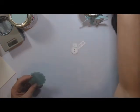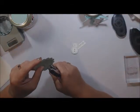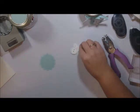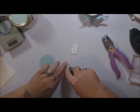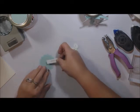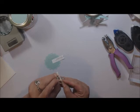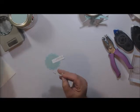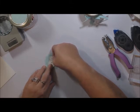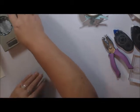And I'm going to bring in my 1/8 punch, and I'm just going to poke a hole in the top of my tag. Add some Snail just to about a 1/2 inch. And then I'm just going to put this down like that. Now I'm going to add my little snowman, just right here. Like that. And then I took my ribbon